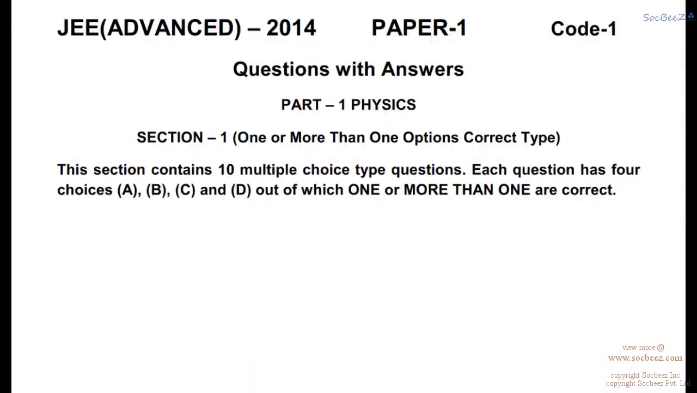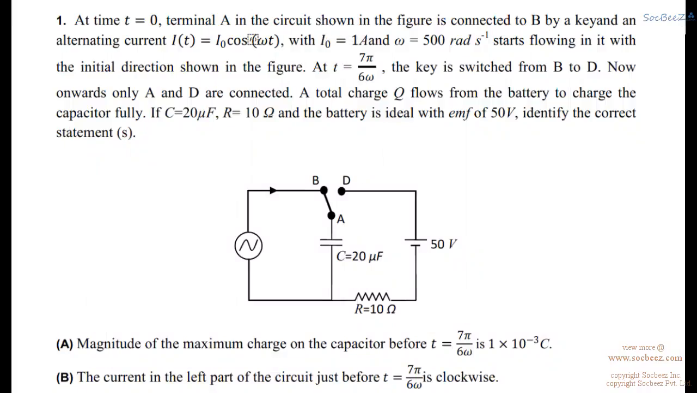Hello friends, in this video we are going to discuss JEE Advanced 2014 Paper 1 in Physics section. Question number 1 states that at time t equals 0, terminal A in the circuit shown in